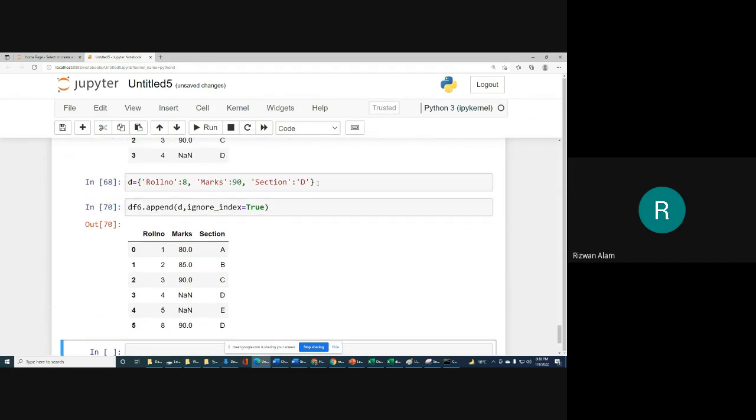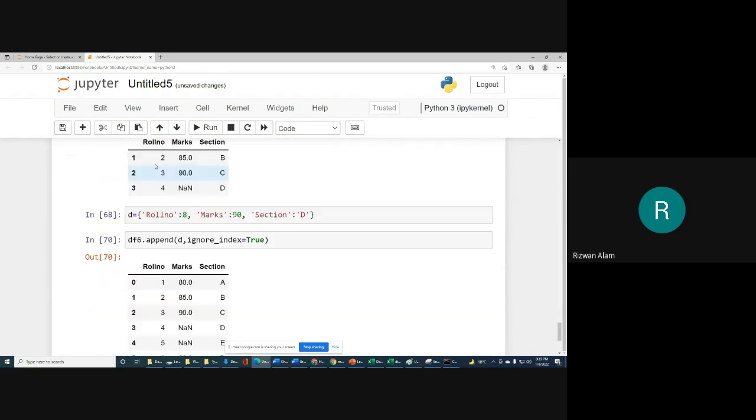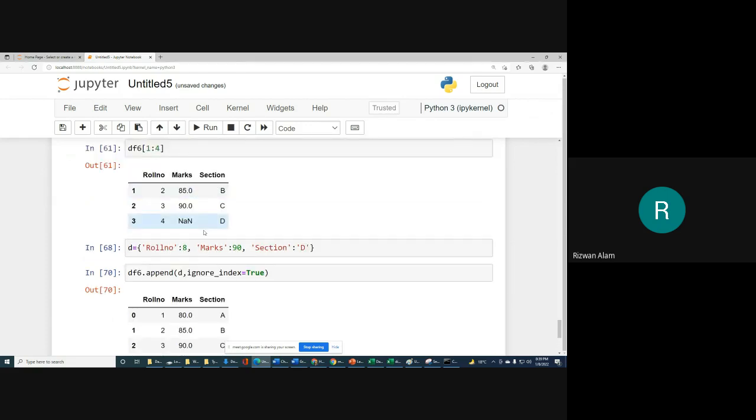What we did here, let me tell you, is that we have created a dictionary. For roll number we will provide that as a value. So roll number, that column name, we will use as a key, and then marks, that is a column name, we will use as a key, and then we will provide the value for that marks. For section will be the key, and then that value we will provide.